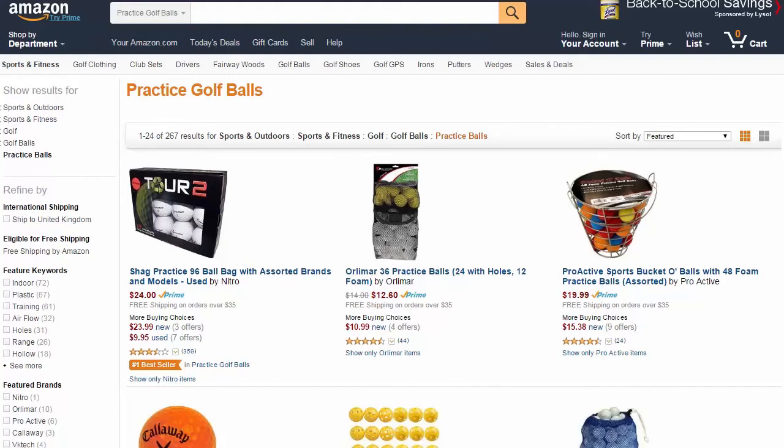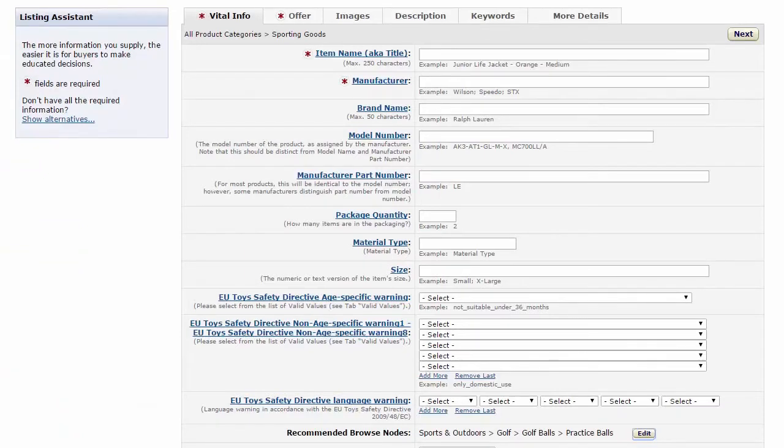Now, the way you do that is to make an adjustment in your product listing. So this is an example product listing, and again, obviously, these are all the other areas you need to fill in: offer, images, description, keywords, etc. But if you look down here, you can see where the recommended browse nodes are and where you can add them. Now, depending on the product and the category, sometimes you can find this in the Vital Info tab, sometimes it's in the More Details tab. It actually depends on the category. But the way you do that is literally just click Edit, and then